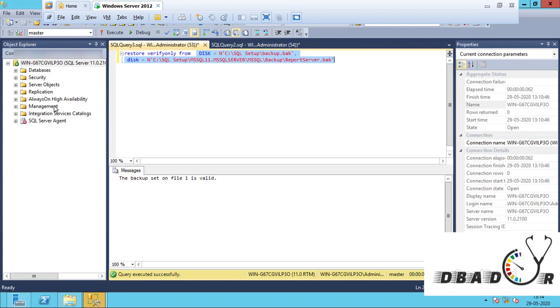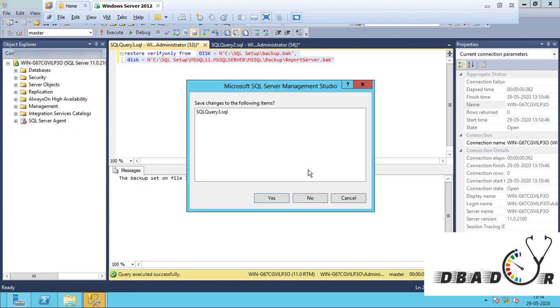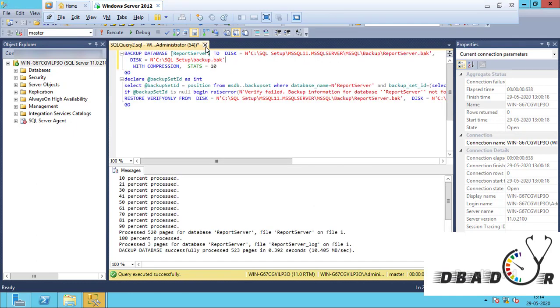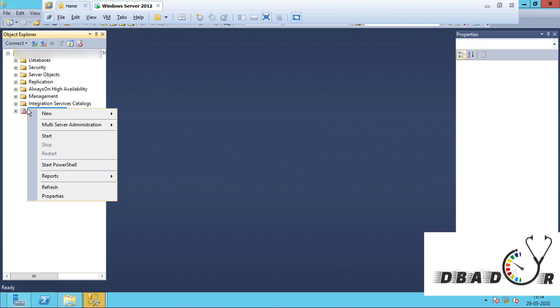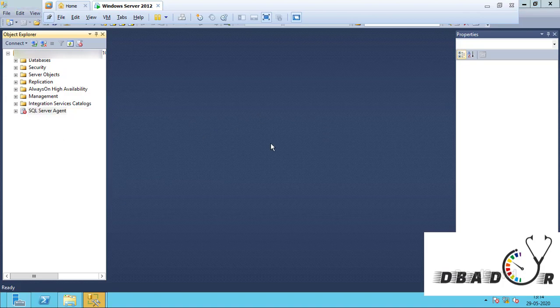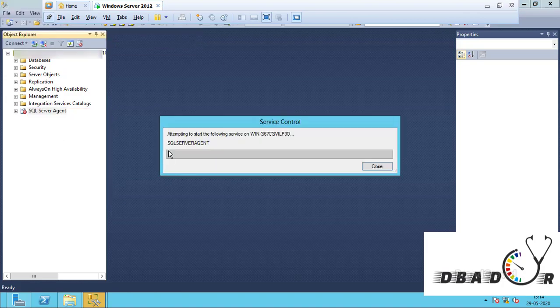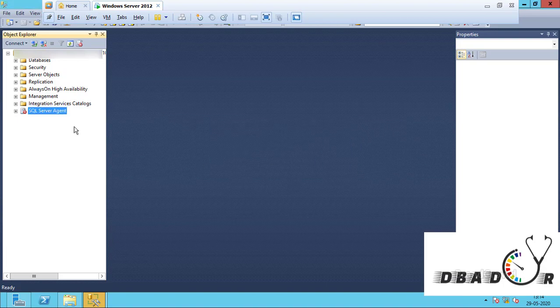Okay, for scheduling a backup, the SQL Server Agent job should be enabled. Agent is the only one taking care of scheduling of backups and all.